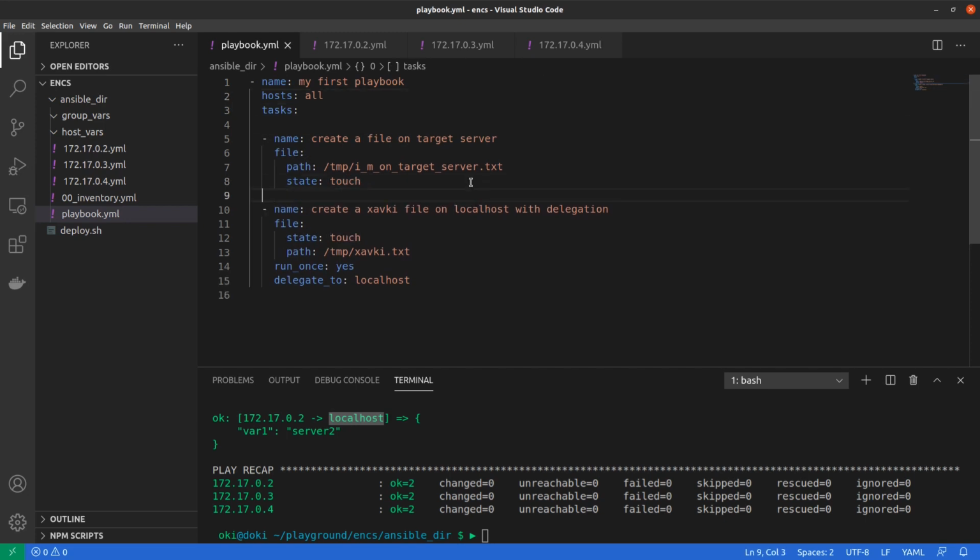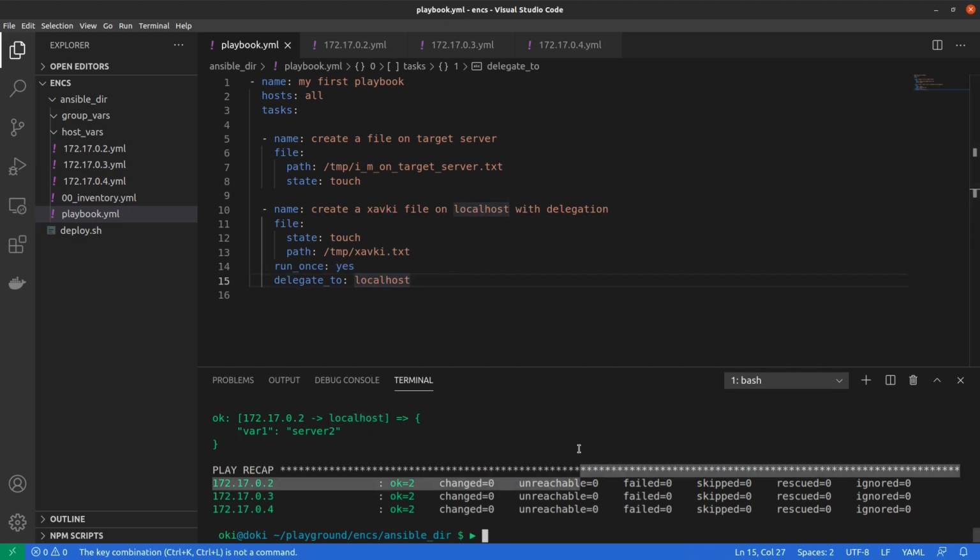Okay, so I use the same example as our first example. In the first task, to create a file, I am on the target server, and I do a touch on our target servers, and in the second task I do a delegate_to localhost with /tmp to touch a file, xavkey.txt, but I add this line with run_once at yes. Okay, and I save it. If I run it again,